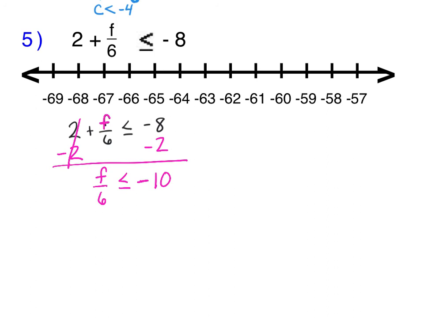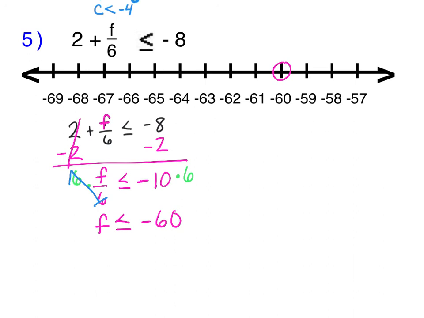So what's the opposite of dividing? Well, multiplying. So now I just multiply by 6. Not too bad, right? I can cancel this out because 6 divided by 6 is just 1. So I'm left with f is less than or equal to, and then a negative times a positive is a negative, and that's 60. 6 times 10 is 60. So at negative 60,